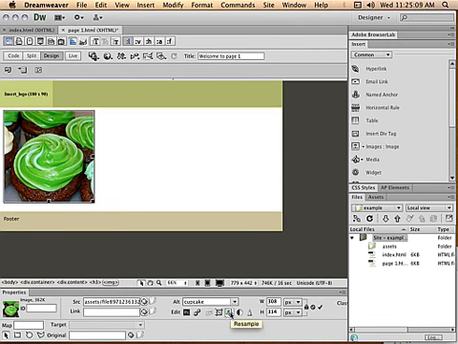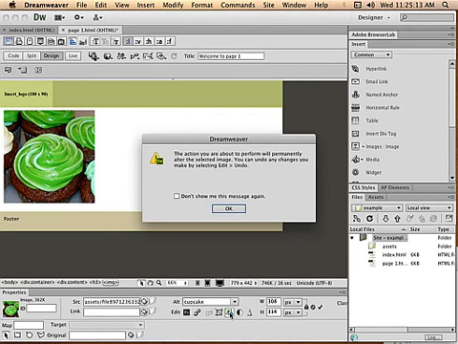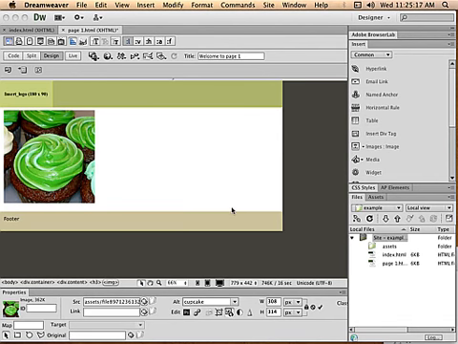I want to do one more thing. I want to resample the image. I'm going to click on the resample button. And it also warns you that that's going to permanently change the image that you're dealing with. Click OK. And what it did is say, well, he wants it this large inside his document. We're going to make it that large at 72 pixels per inch. And you can see down here, it took it down to 40K so that that image size is much more